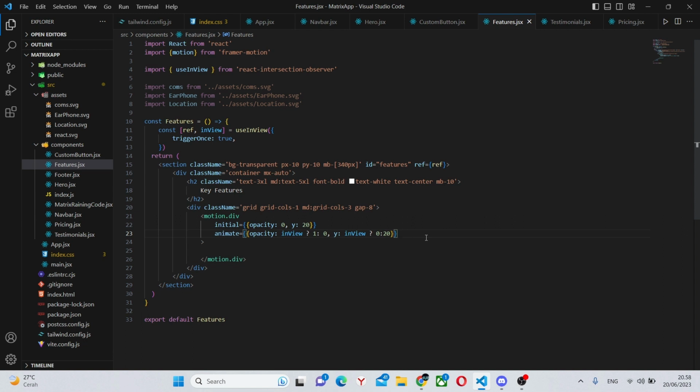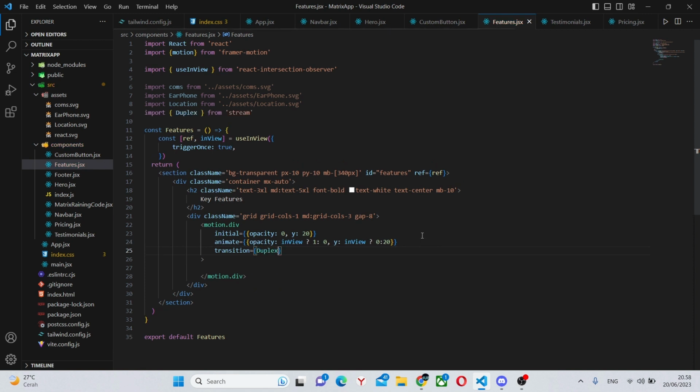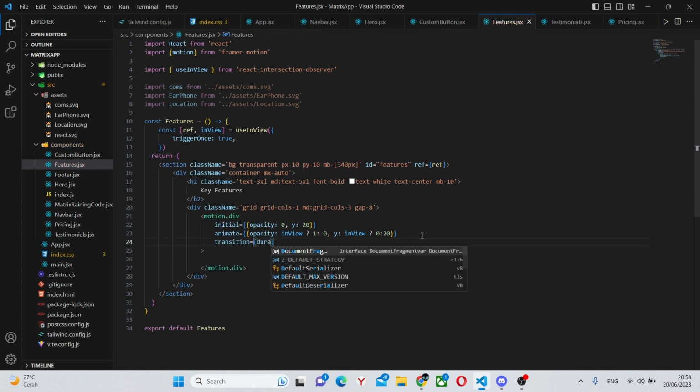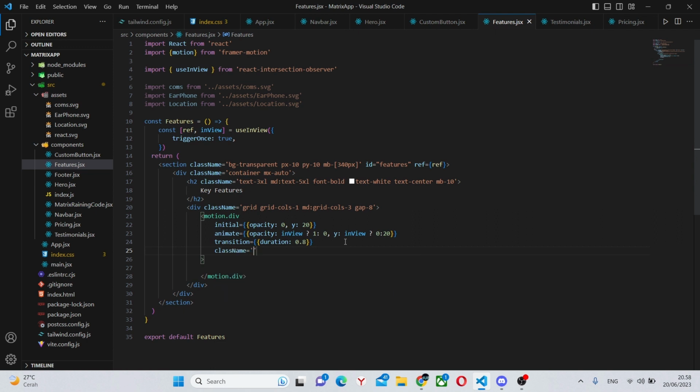The person already goes into the website in the hero section. Here though, if we don't do this, it will happen automatically, even though we can't actually see the element, which is not what we want. And finally, we can add a transition, and it's going to be simply duration of 0.8. No need to write any delay over here. And let's not forget to put these brackets over here. And a class name, of course, flex-col items-center.